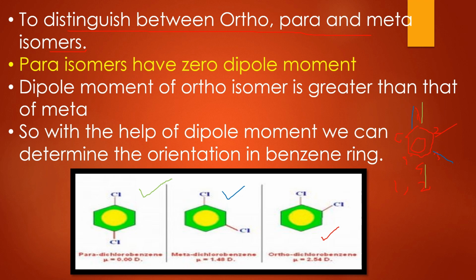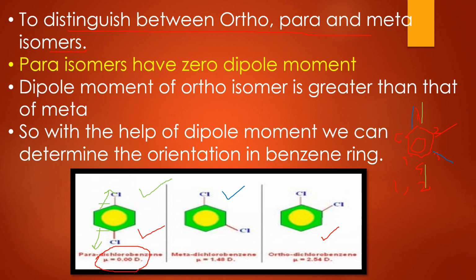Talking about the dipole moment, if the dipole moment is given, then how can we say which isomer is ortho, which is meta and which is para? So first of all you see that here the para isomer is symmetrical in nature and the dipole direction is towards chlorine, and here also towards chlorine, so the net dipole moment of this is 0. So this is a non-polar molecule having dipole moment 0. So whenever the dipole moment is 0, we can say that the orientation is para.